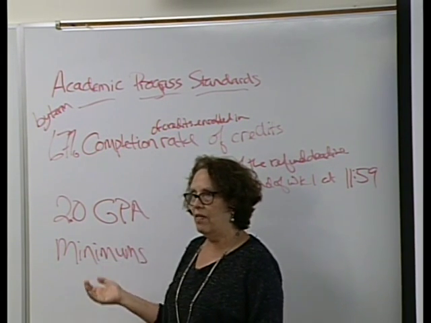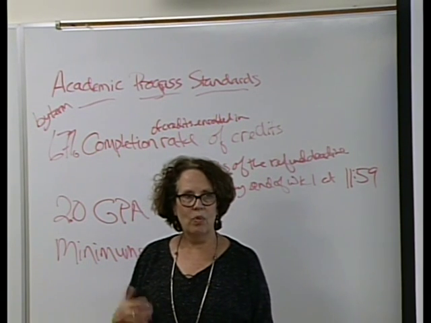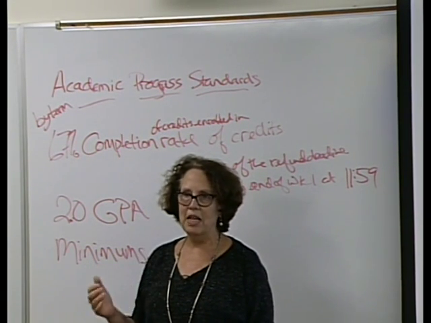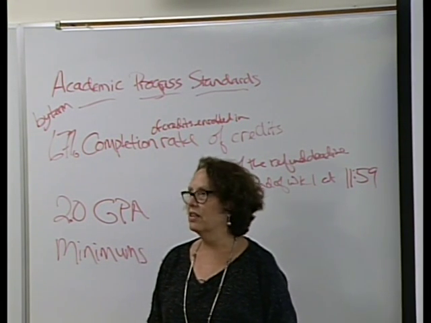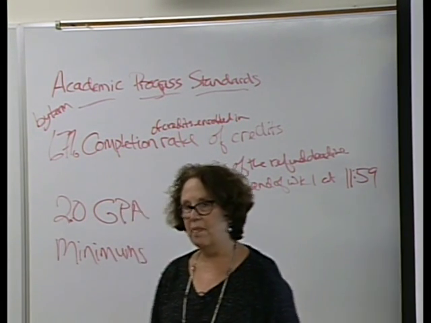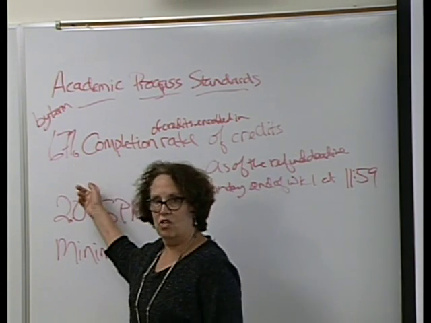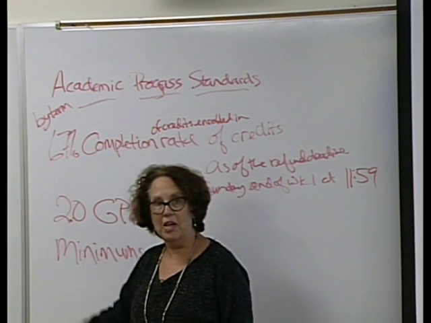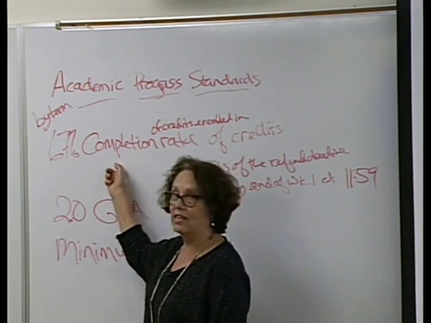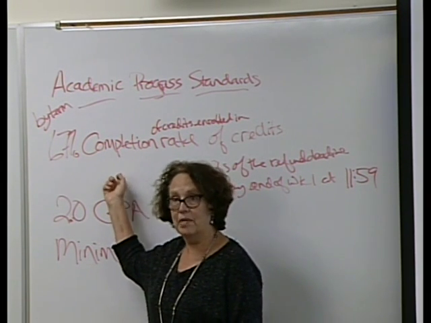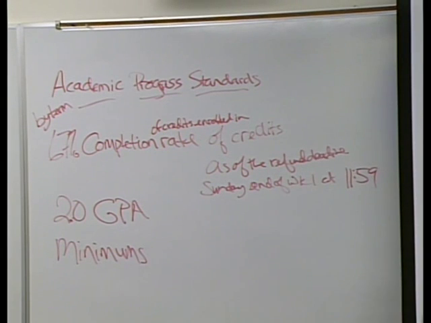For example, if you were enrolled totally in 2 4-credit classes, what would the completion rate have to be to meet the academic progress standards? 100%. Who said that? Yeah, 100%, because you can't complete 67% of 2 4-credit classes. You would be completing 50%, 0%, or 100%. So if you're going to meet academic progress standards, it needs to be 100%. So really important to understand that.